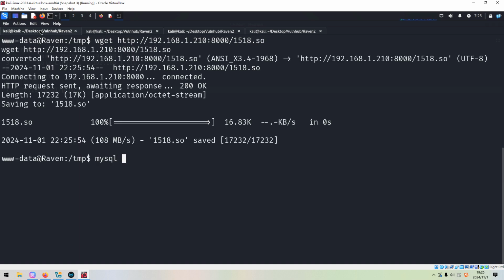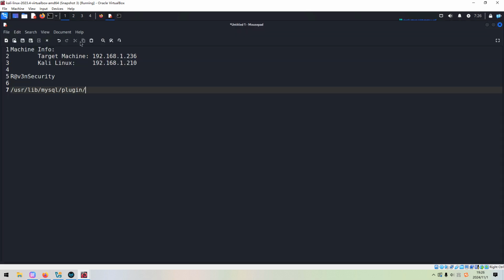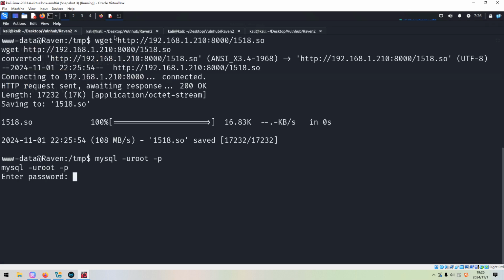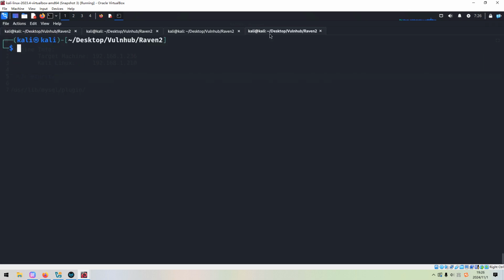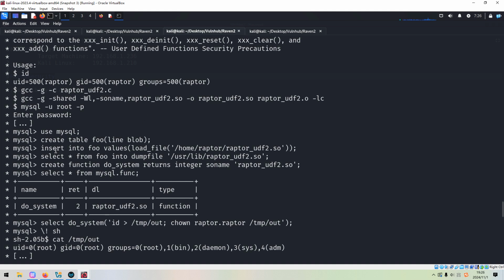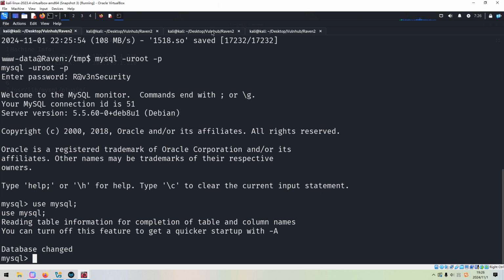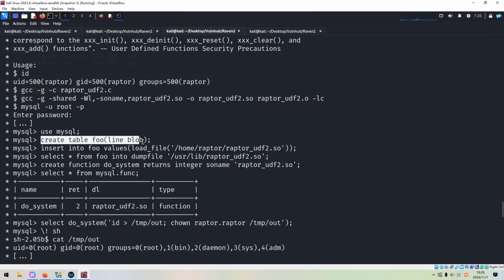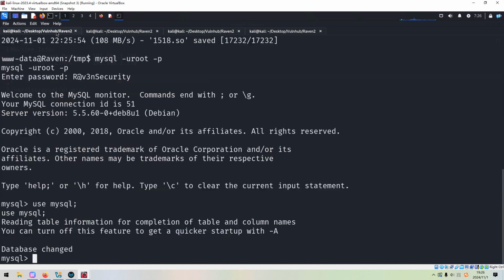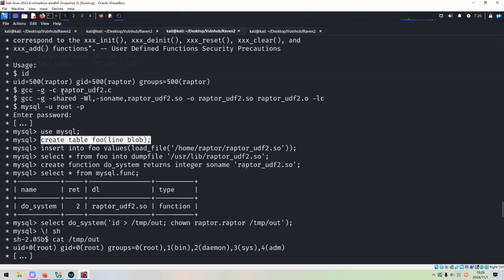Next, we need to connect into the MySQL database again, and with the password, paste in here. Then we can continue. We can use the MySQL database. Use mysql. And then we need to create a table. We just simply copy this statement. No error, which is good.